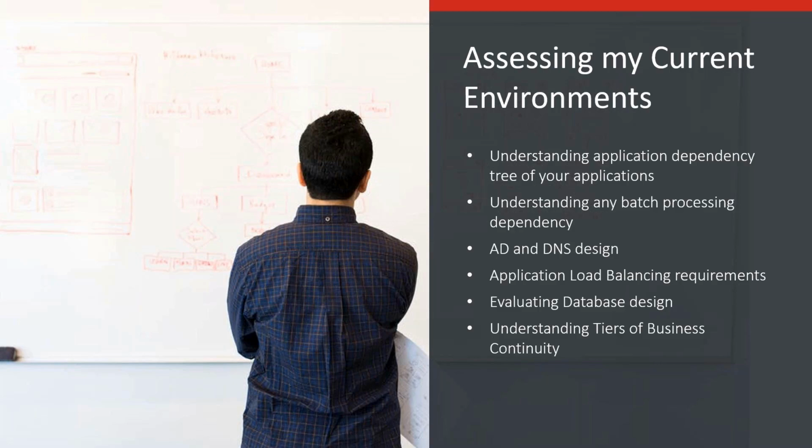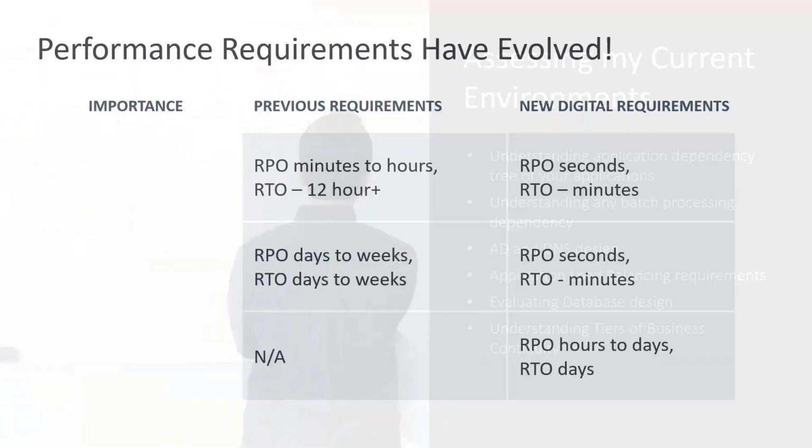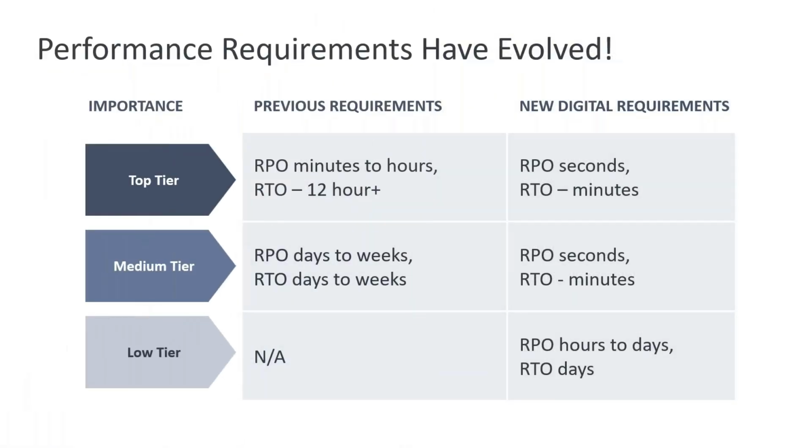And also understanding your tiers, right? Your tiers and what those represent. We talk about tiers of restoration. Typically in the legacy environment, the old school, you'd see minutes, hours of RPOs, snapshots and whatnot going on, and your backup 12-hour or 24-hour RTOs in your legacy type of scenario.